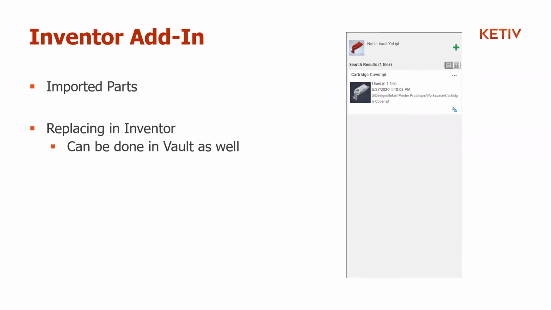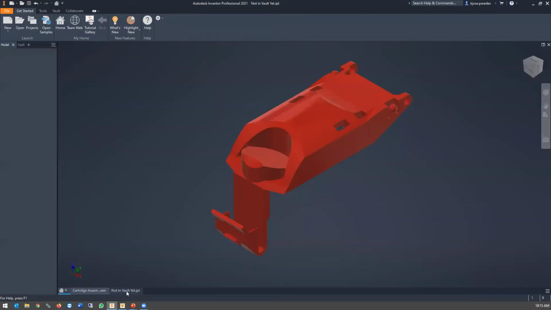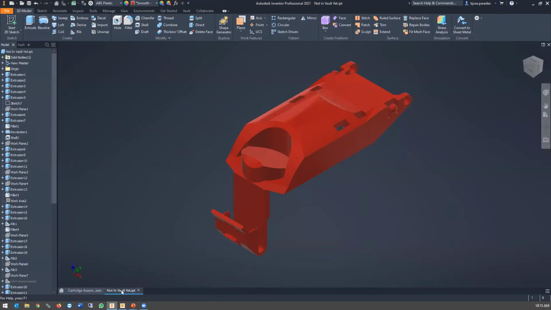But there is a way now through Inventor where, if you're importing a file from a vendor, or downloading a model off the internet or anything like that, you can check to see if there's a duplicate geometry already inside of your Vault, and then make sure that you don't import duplicate geometry. So what we're going to do here is take a look at this part here, and aptly named, it's not in the Vault yet. I downloaded this offline. It's a vendor file that they sent us,